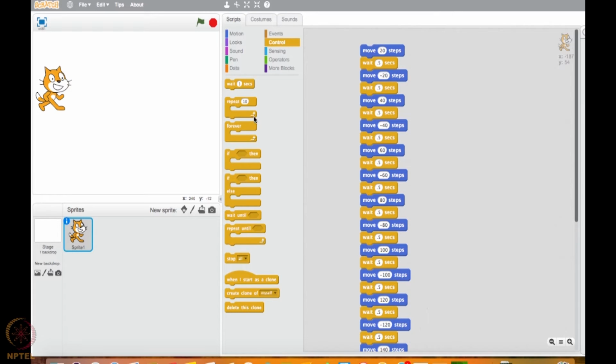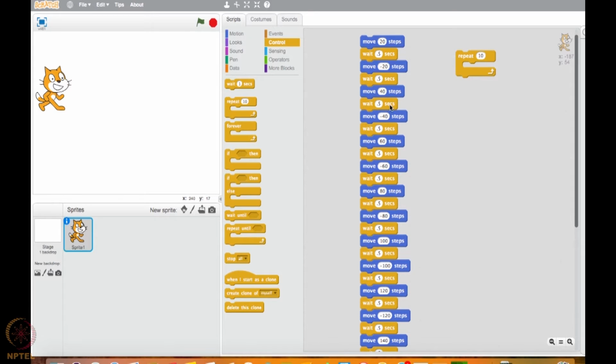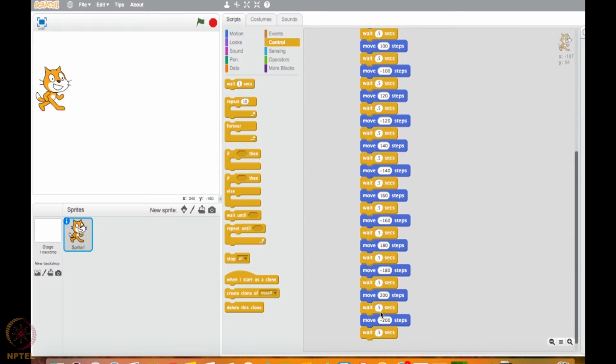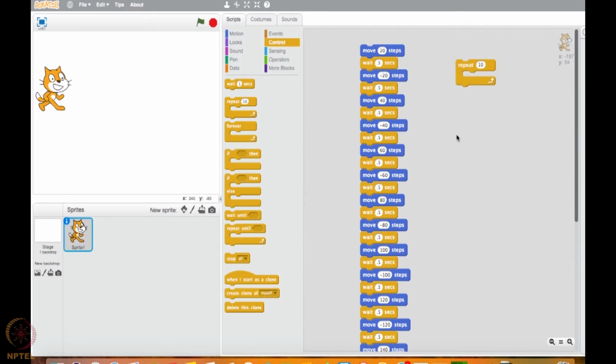Is there any way I can use a repeat loop and then put something so that the same thing can be achieved by making her do something 10 times without going through this ordeal of writing this big a code? Now what am I trying to say? Is there any way you can use this and reduce this to a smaller code? Because it looks like we are repeating the same stuff, but these values are changing. Correct? How do we go about it?